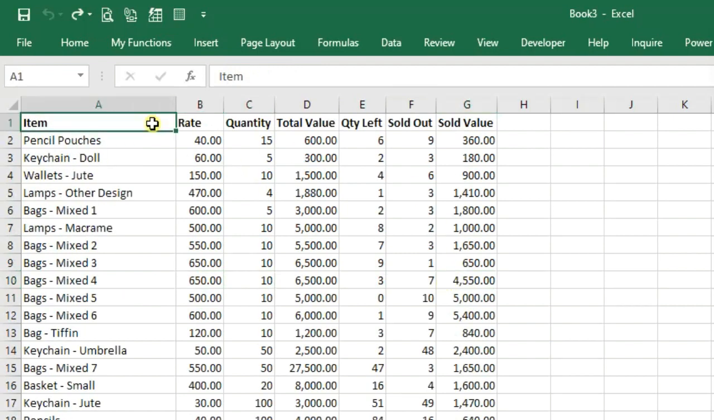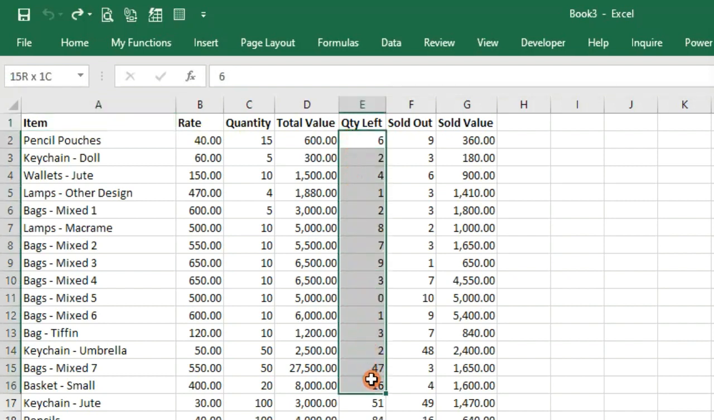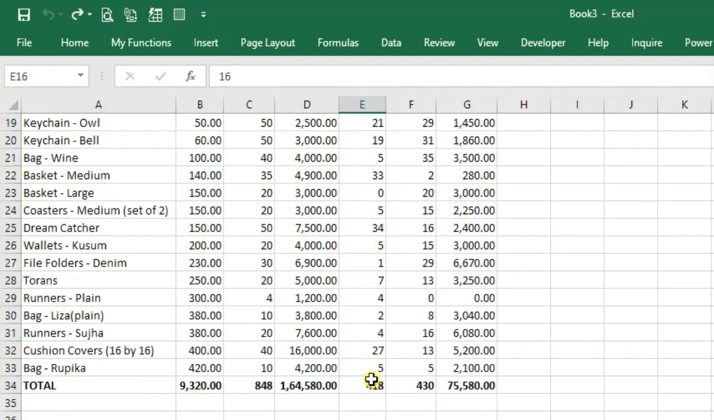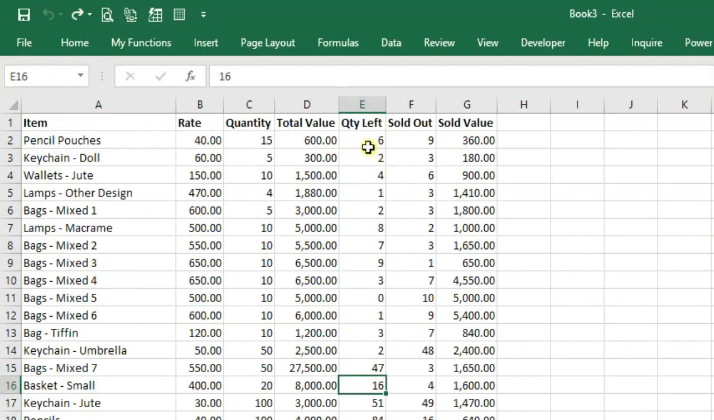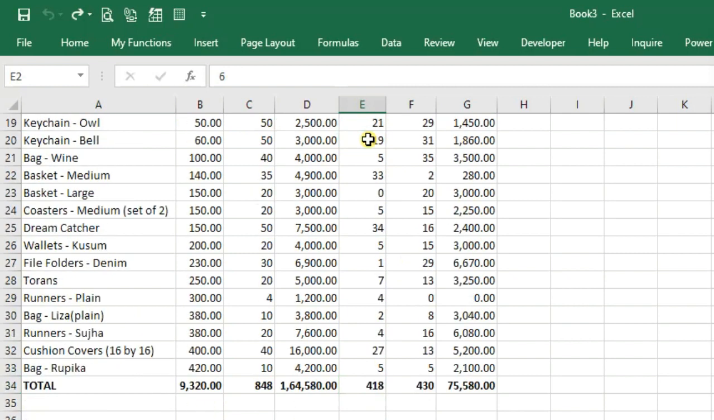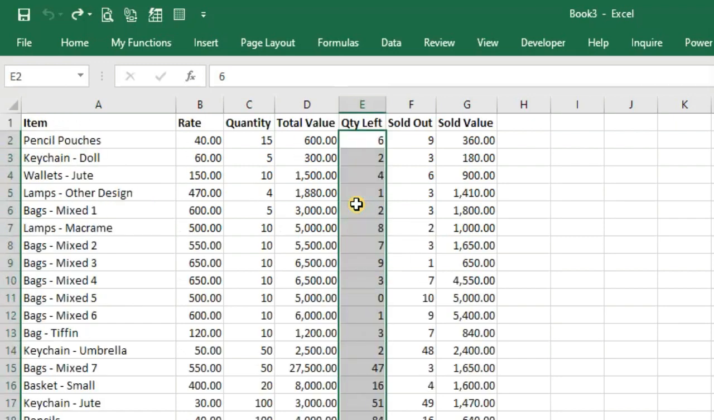So the idea is that we will create a template from this file so that the user doesn't have to fill all these fields manually at the end of the exhibition or at the beginning of the exhibition. He just has to fill this quantity field when the exhibition is over. The rest of the things would already be there. So he can create a new file using this template for every new exhibition. So what I'm gonna do is I will delete all these values from the quantity field,